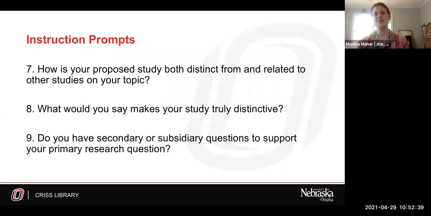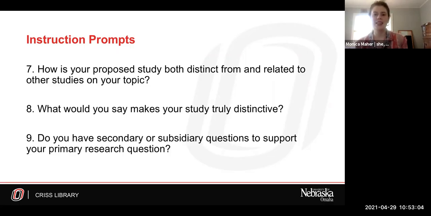Number 9, do you have secondary or subsidiary questions to support your primary research question? So if so, how do they support the primary research question? Are these on the same analytical plane with one another? And how has the student tailored their methods to address these secondary questions?